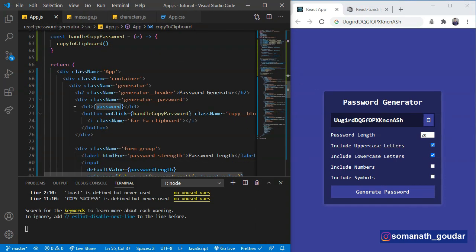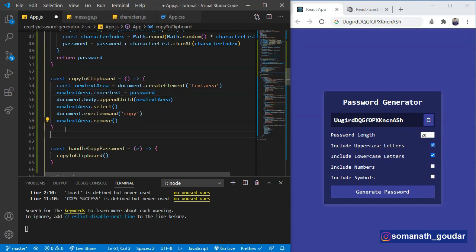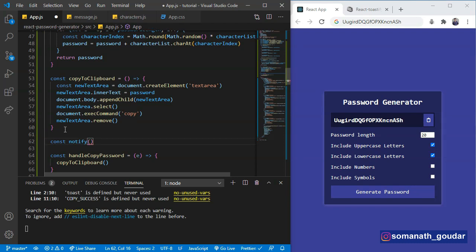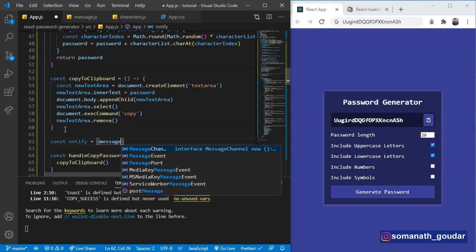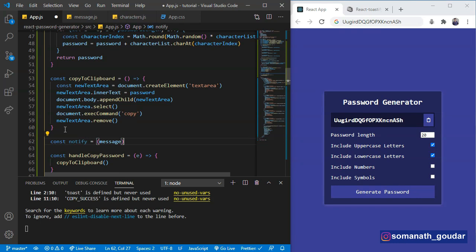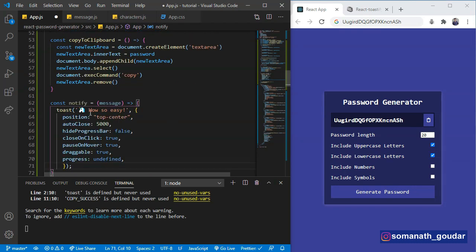We are going to be defining a new function over here. I'm going to call it const notify. This is going to be an arrow function. This is going to take a message. Inside of this toast, we are going to have the thing that we copied over here.